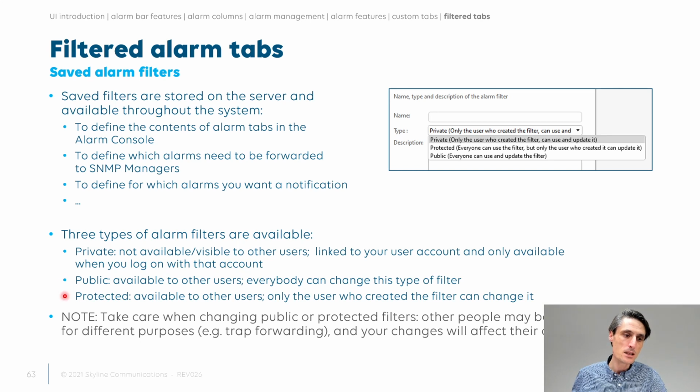And the intermediate state, you could say, is the protected. The protected meaning that everybody can see it and they can use it, but they cannot change it. I'm the author. I'm the one that manages the filter and creates it and further fine-tunes it. They can use it, no problem for that, but they cannot touch it. So for now, I will create a private filter which is only for my user, not to clutter the view